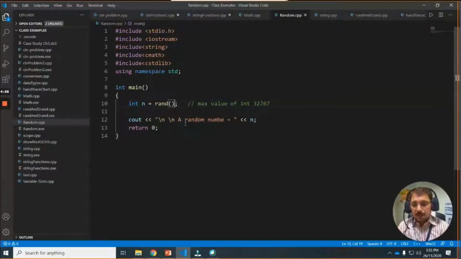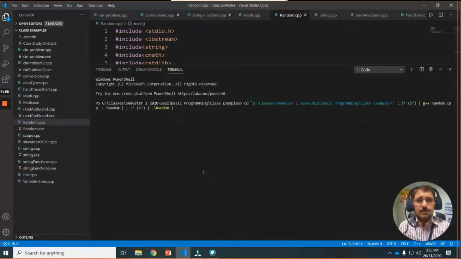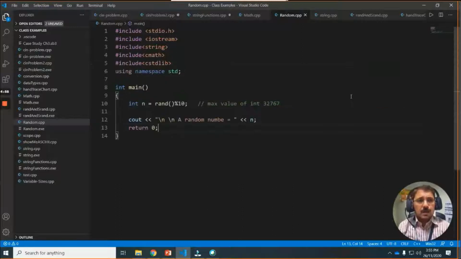The technique for this one is mod, mod is a remainder operator. So whatever random number is generated, that will be divided by 10. Okay, so anything which is divided by 10, the value will be in this range. So save this one and run. So you see this time it is 1.